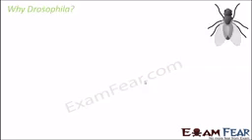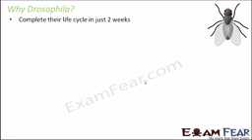Now, the way Mendel chose the pea plant for his experiments, in a similar way Morgan chose Drosophila after giving a lot of thought to it. Why did he choose Drosophila, or fruit fly, whatever you call it? There were quite a few reasons. One of them is that they complete their life cycle in just 2 weeks, so they have a shorter life cycle. Now once their life cycle is completed, what does that mean?